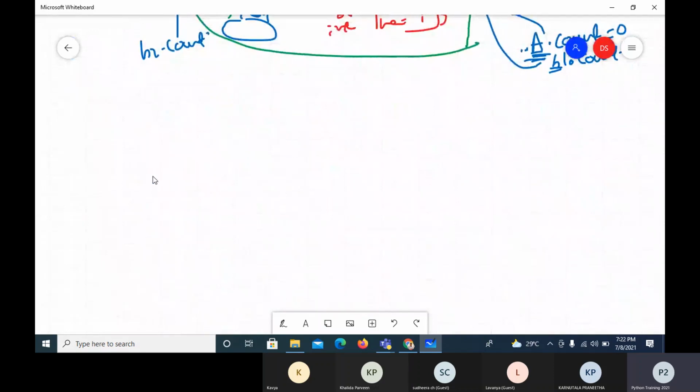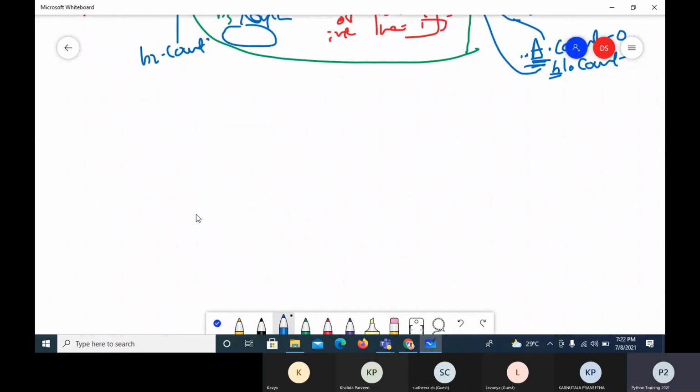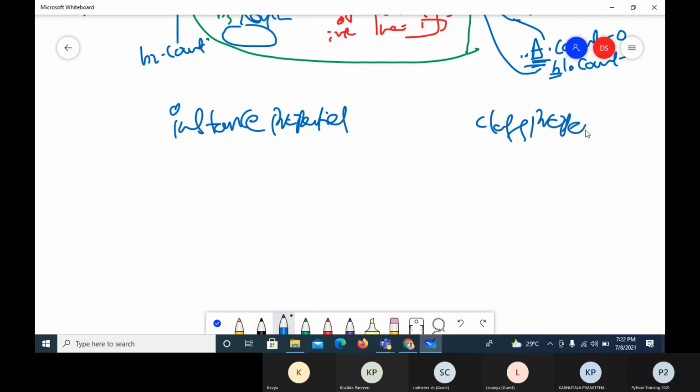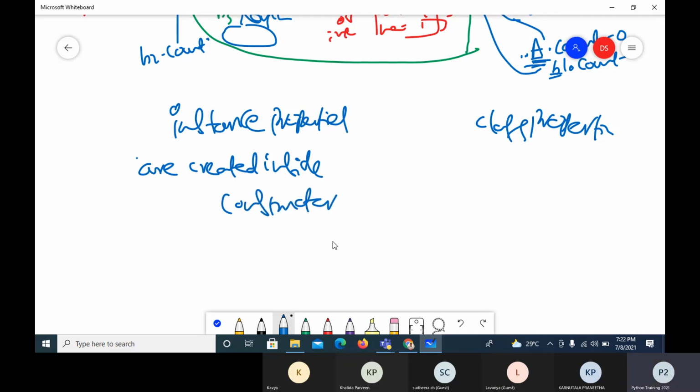So I want to make some points related to instance properties and class properties. The instance properties are created inside the constructor. Outside also you can create them, but generally it is inside the constructor. Outside it's not correct, even if it is allowed.